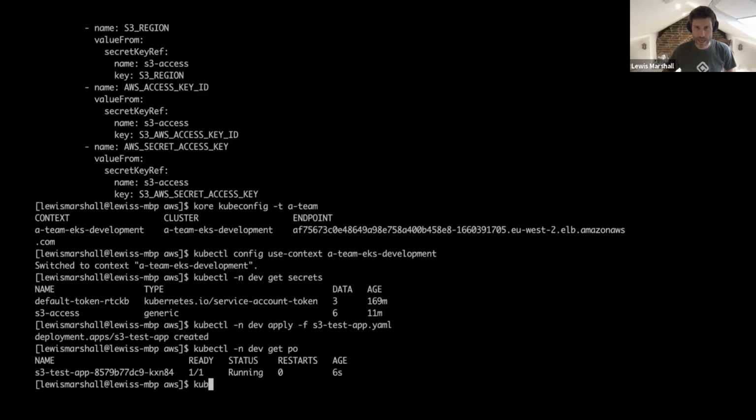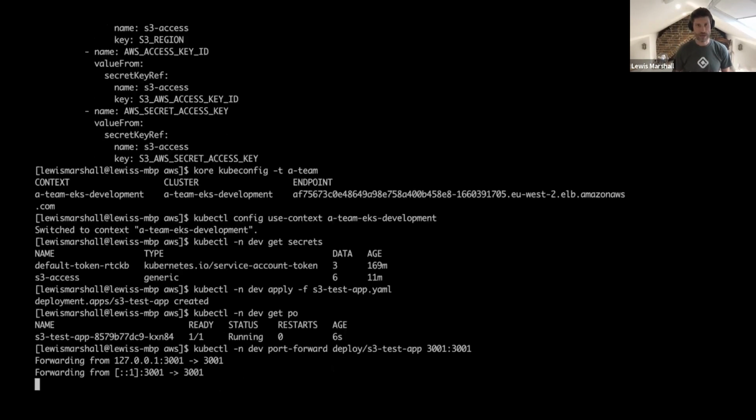So we can see that application's running as a pod in the cluster. And as a developer, I want to test out, is that working properly before going to production? I want to just port forward. I want to connect my laptop to that clustered application and get access to the application here. So we port forward from my desktop.